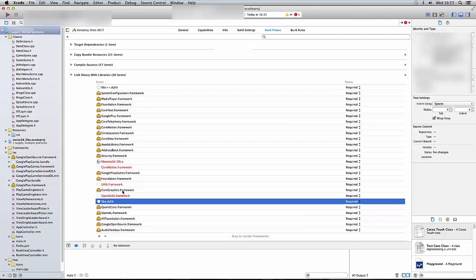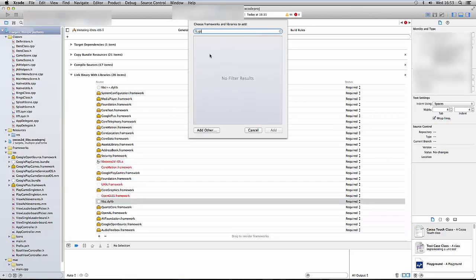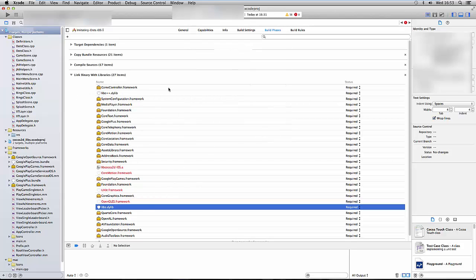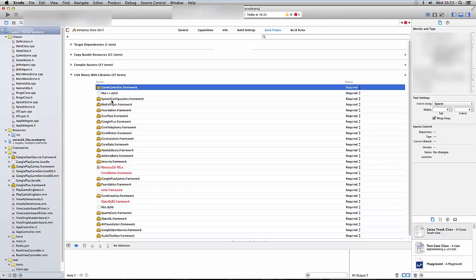Now, if you only want to support iOS 7 and above, you don't need to make changes. All you need to do is add the game controller framework and ignore the changes I make coming up. But if you want to support iOS 6 or lower, you can't have this game controller framework because it doesn't exist and your application will crash. So the way I figured out to make it work on iOS 6, at least I haven't tested any lower than iOS 6, is to remove this game controller framework